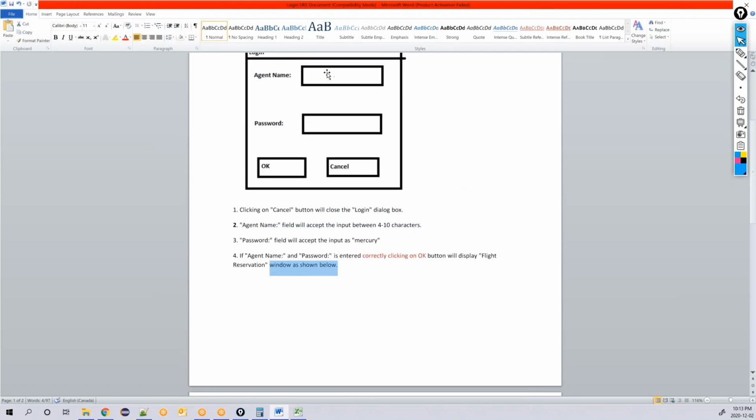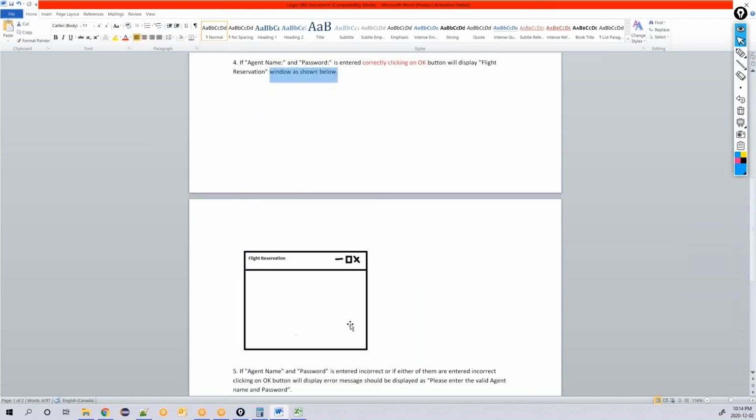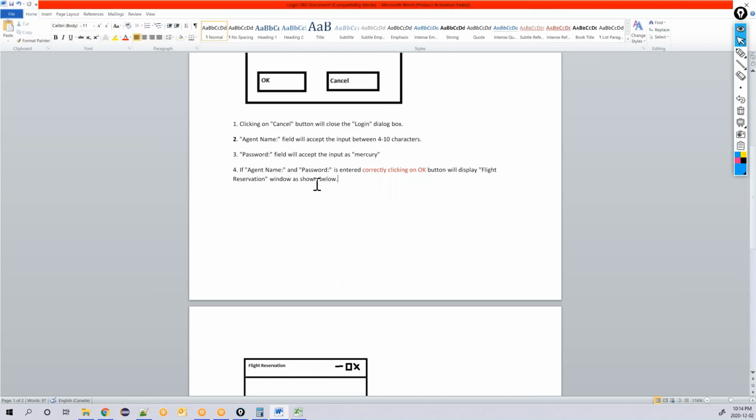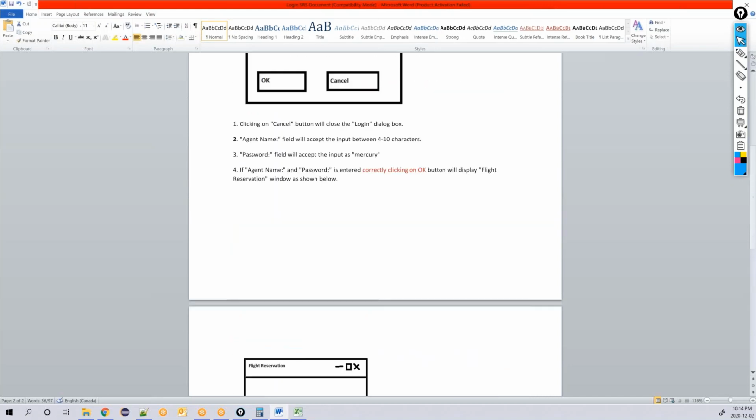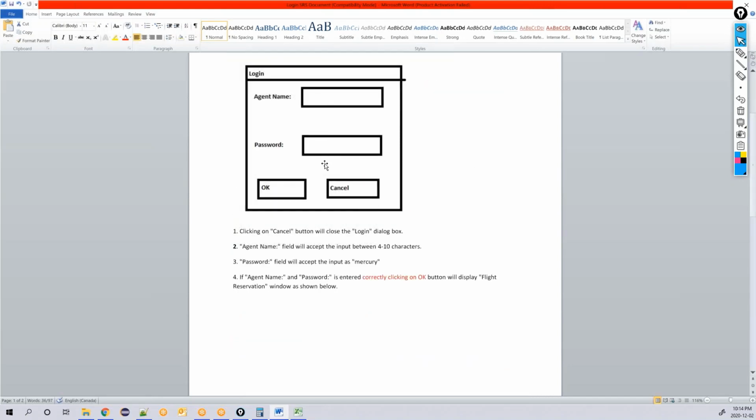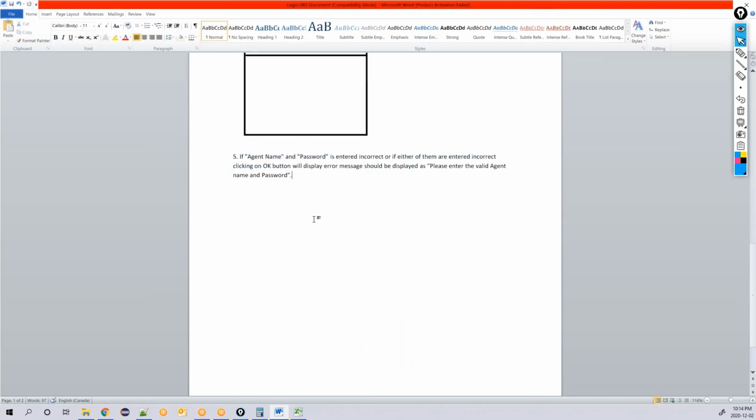When you enter the agent name and password correctly and click on the OK button, this window will be displayed. I would call this an expected result. Now coming to this, when you enter the wrong username and password, or the wrong username and correct password, or the correct username and wrong password, and click on OK, this is the message expected to be displayed.